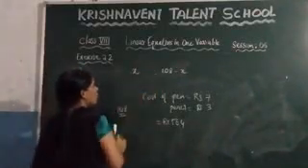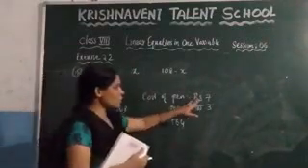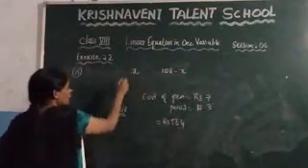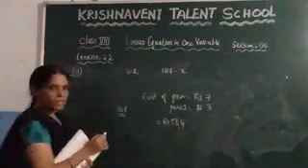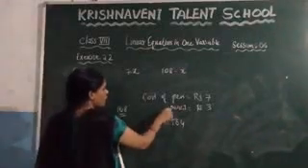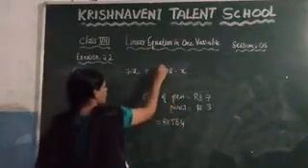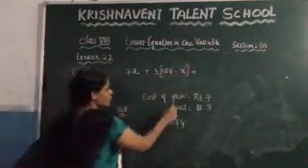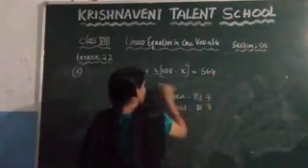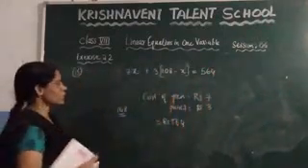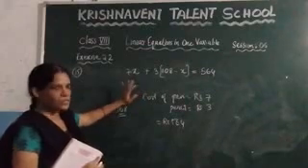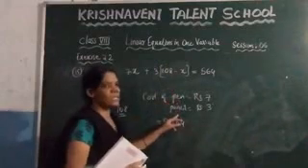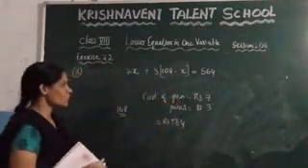Now, the cost of each pen is 7. Since he bought x pens, how much money he has to pay, which is 7x. Similarly, how much money he has to pay for the pencils, which is 3 into 108 minus x. And altogether he is paying 564 rupees. Now here we got the equation. Based on this equation you need to find the value of x, which gives the number of pens, and after subtracting that from 108 you get the number of pencils. This is the homework, you can do it.